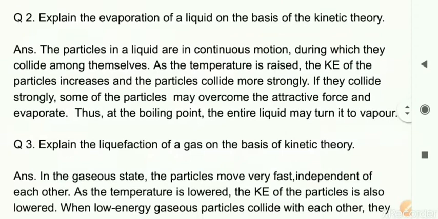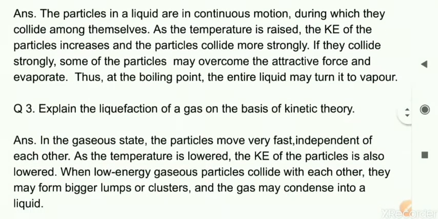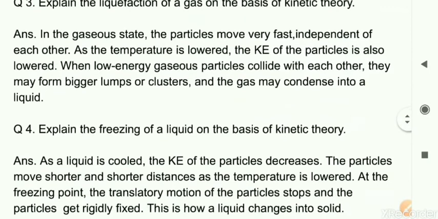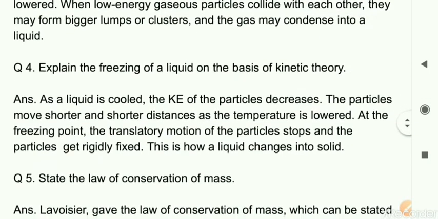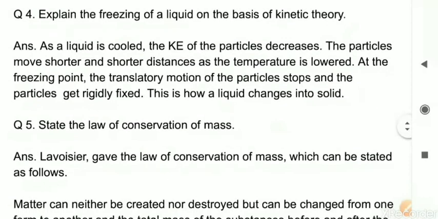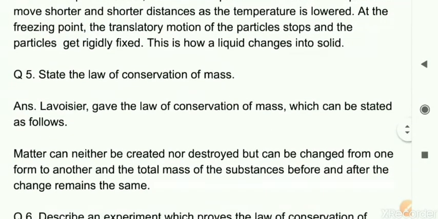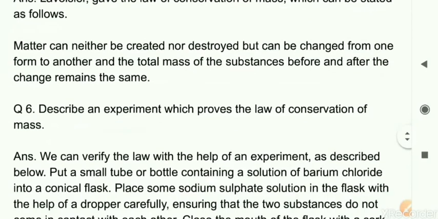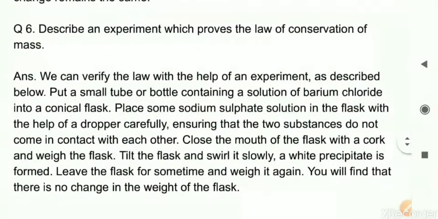All these answers you have to complete in your class notebook, and don't wait for the last moment. This is the time you can easily complete this work, and not only complete it, you have to learn these answers as well. Here, question 6 is an experiment you have to write. Along with this experiment, you have to draw the diagram, figure number 1.4. But you also have to draw the remaining diagrams, figures 1.1, 1.2 and 1.3, separately in the notebook.